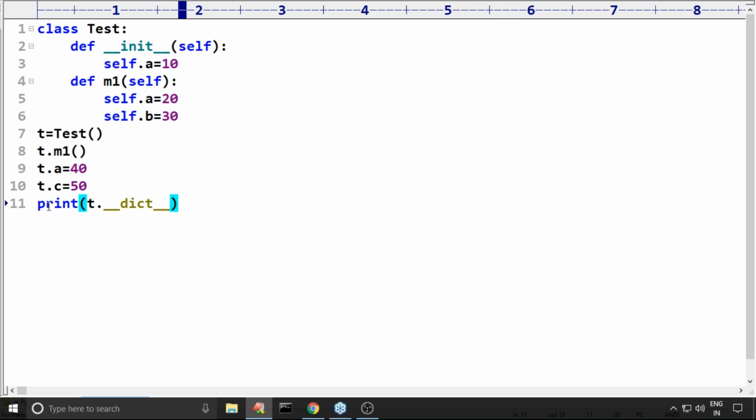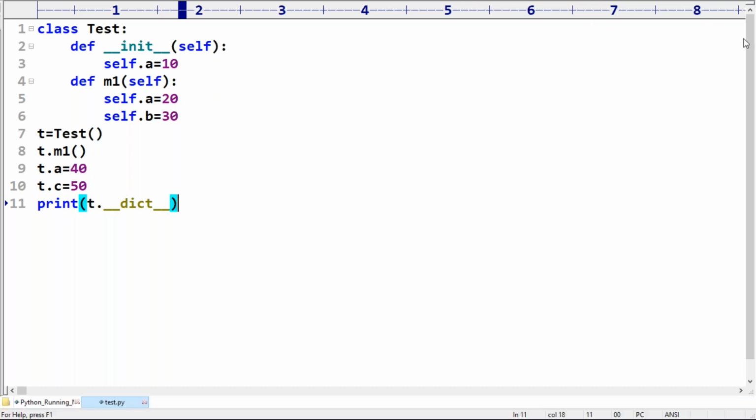Can you please tell how many variables will be there, and what are the values of these variables? Please respond. It is the finishing touch for the last instance variables story. Can you please confirm the total number of variables and the value of each variable? If I print that object dictionary at this line, how many variables are there, and what are the values of A, B, C?